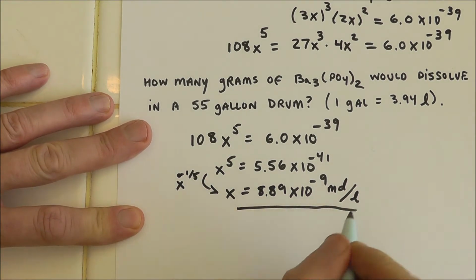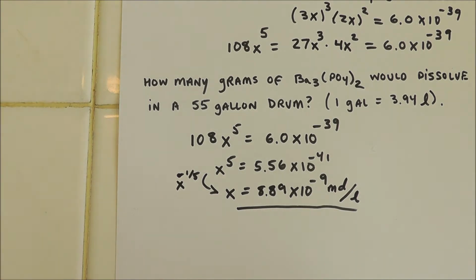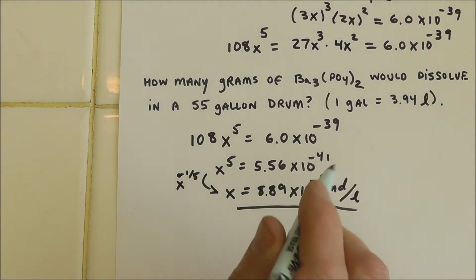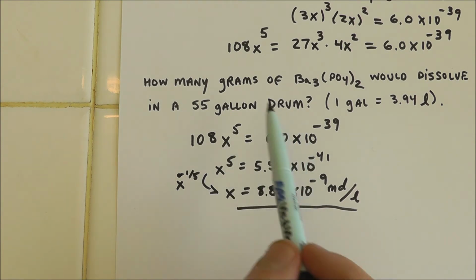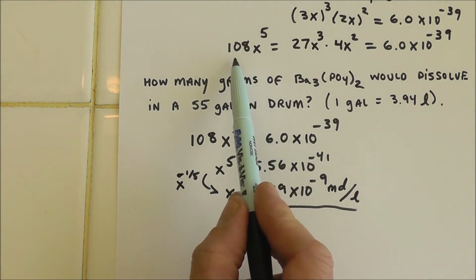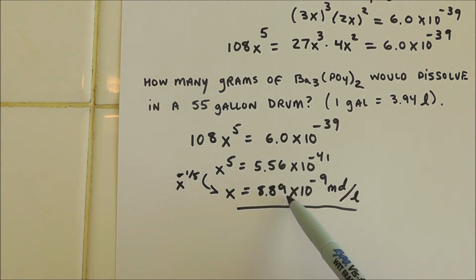If you wanted to check yourself, you could multiply that by itself 5 times and you would get 5.56 times 10 to the minus 41. If you so cared, you could check yourself by saying 108 times that to the 5th power should give you your K back. All right, let's solve the problem of how many grams of this are going to dissolve in